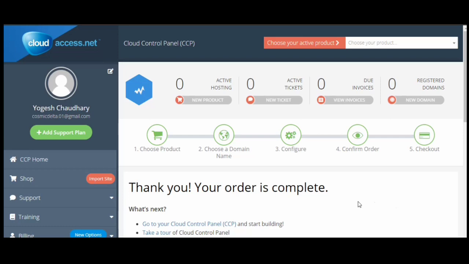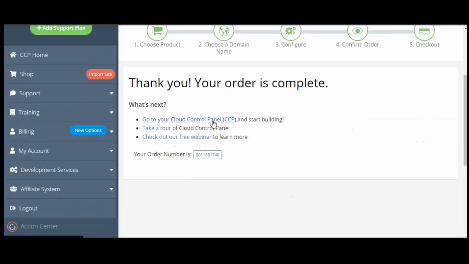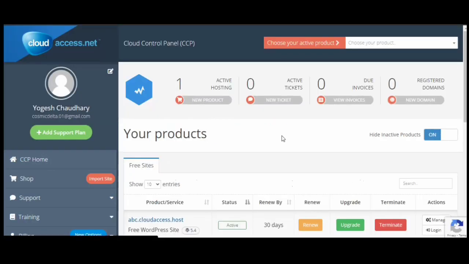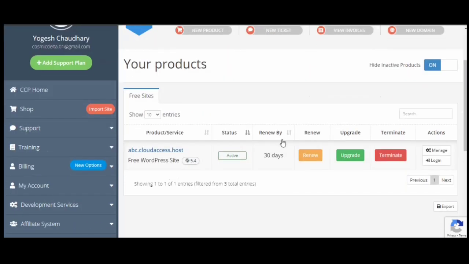Go to your cloud control panel by clicking on this link. Here you can see that we are having a website